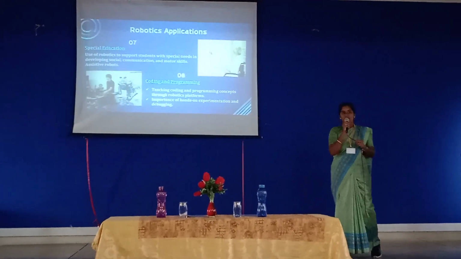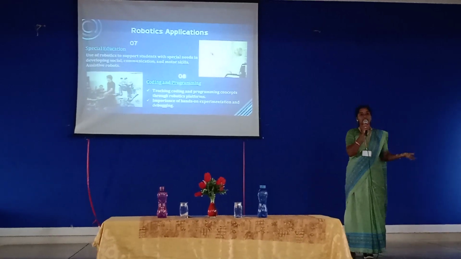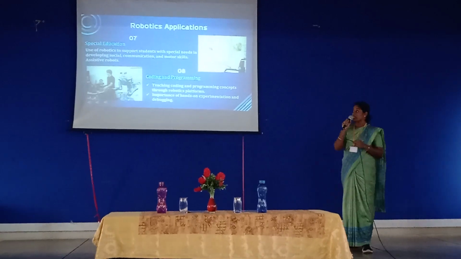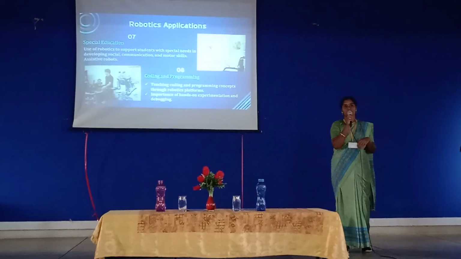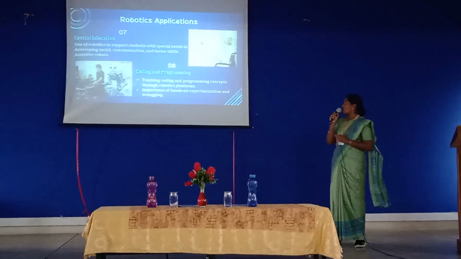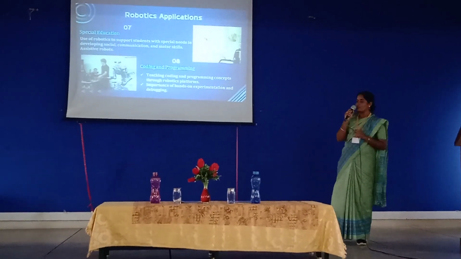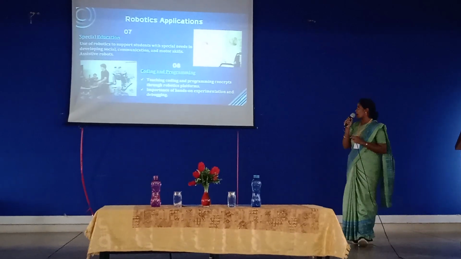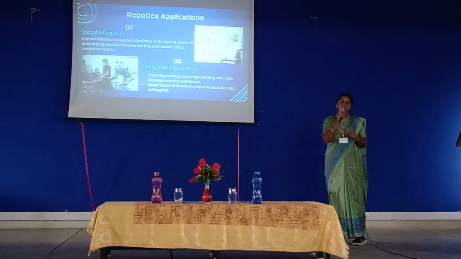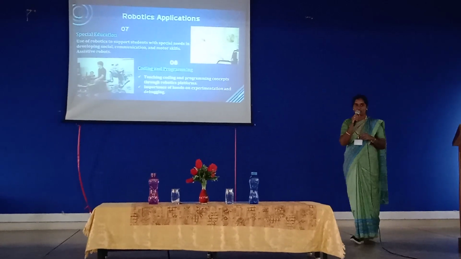Special education. In special education, the students will be in need of some other skills which we do not need. That is, motor skills are very much important for them because it is needed in a more percentage. So they are called assistive robots. Then next is for coding and programming. Teaching coding programming concepts to robotic platforms. Next is hands-on experimentation. The human doesn't have to do that. The robot itself will do all of that.